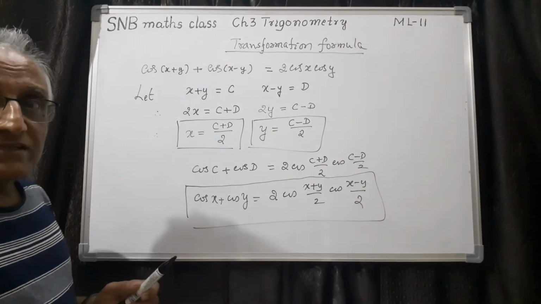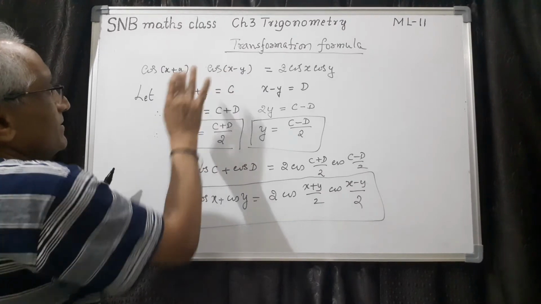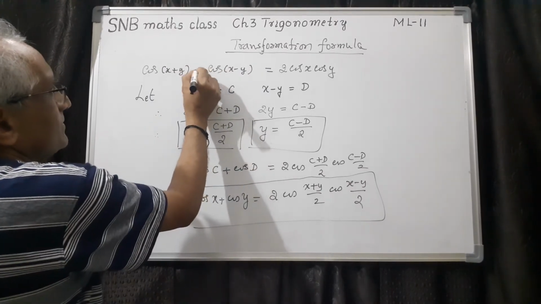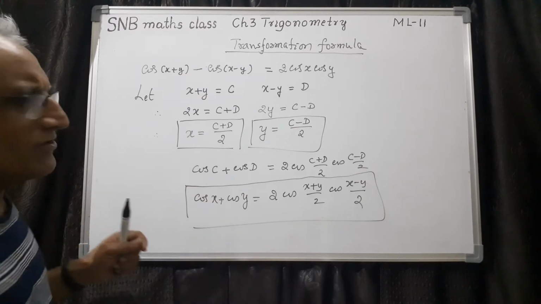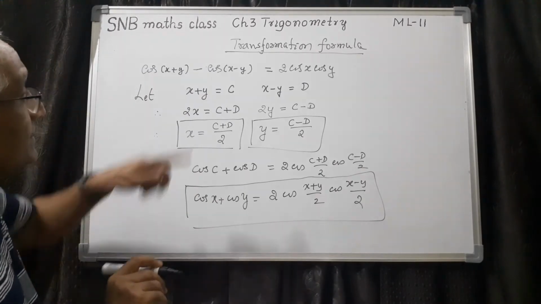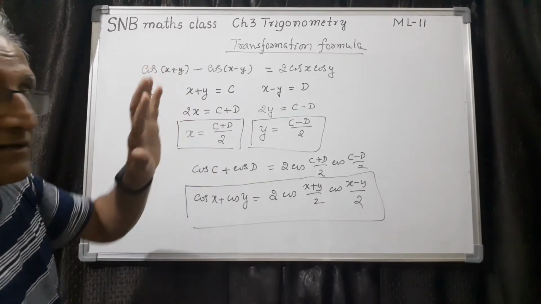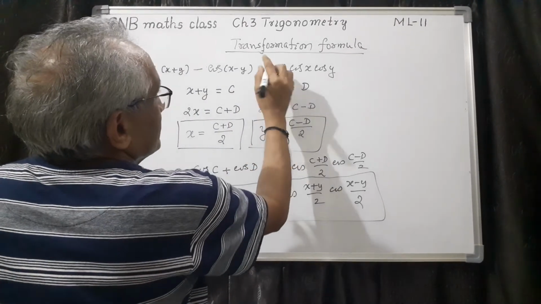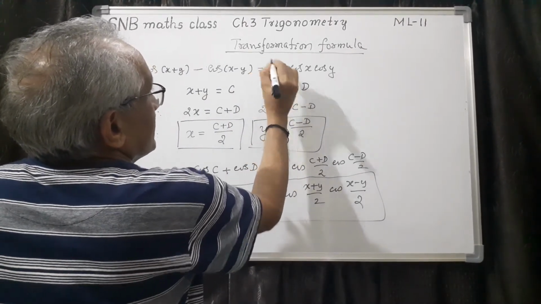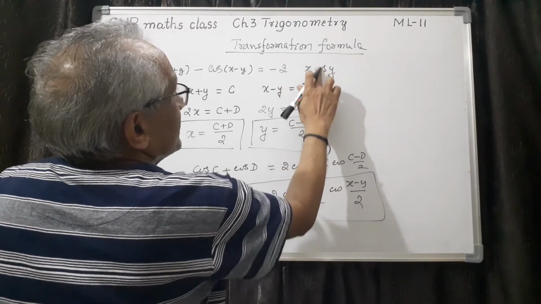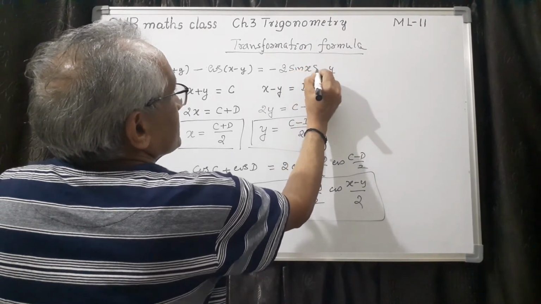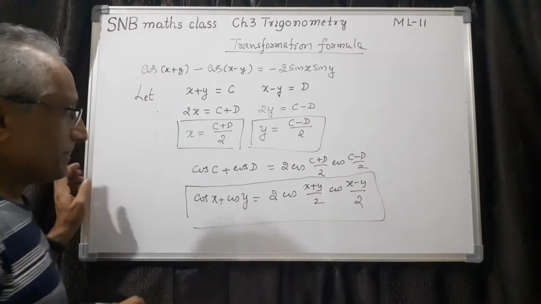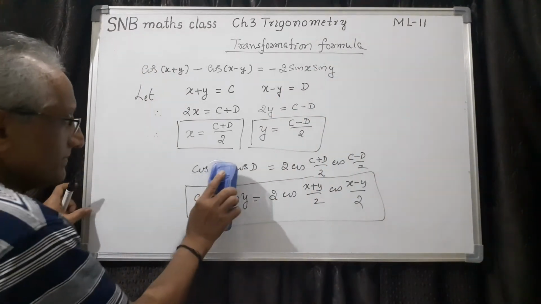So what is the last one remaining? So here you make minus. See how simple it is now. Once you remember or understand one process, the remaining all will be automatic. So here it is minus. If you remember now, here it is minus. Here it is minus. And here it is sine and sine. Therefore I am just changing here. This is also sine. This is also sine.